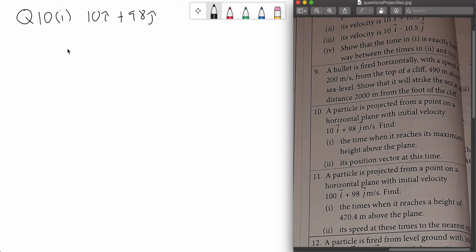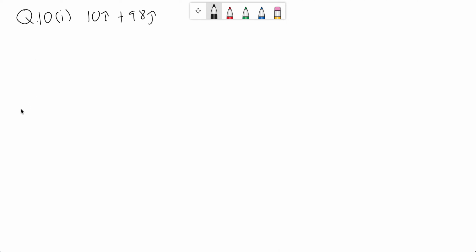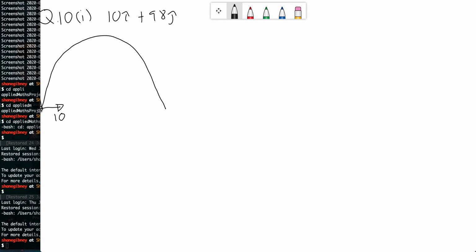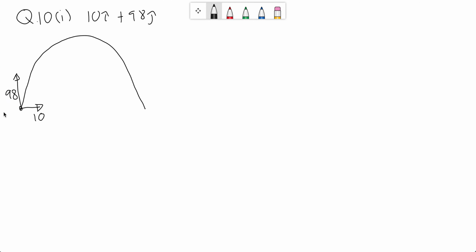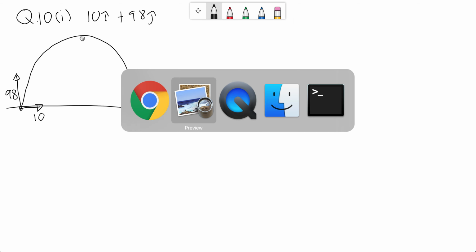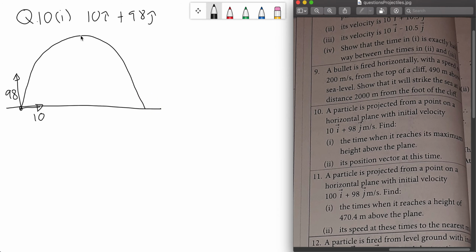Okay, so the time, so we have something here. It travels in the i direction at 10, and in the j direction it will be 98. So that's the initial velocity. So it looks like it will be firing up something like that. So that's that. Now, if that's the situation, we want to know what is the time at which it reaches